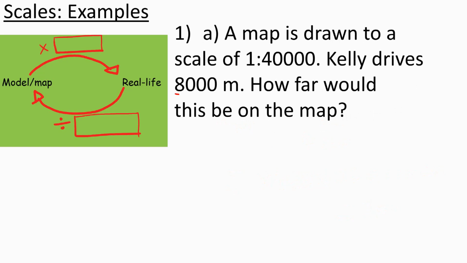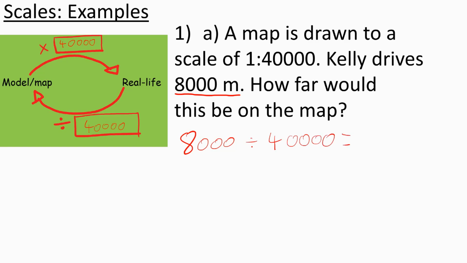We now have the same map. Kelly drives 8,000 metres, and we want to see how far this would be on the map. Well, this time, to go from the model to real life, we know that we multiply by 40,000, right? 1 centimetre on the map, 40,000 centimetres in real life. So to go the opposite way, from real life back to the map, you would need to divide by 40,000. So we need to take how far Kelly has driven, which is 8,000 metres, and divide it by 40,000. So I have 8,000 divided by 40,000,